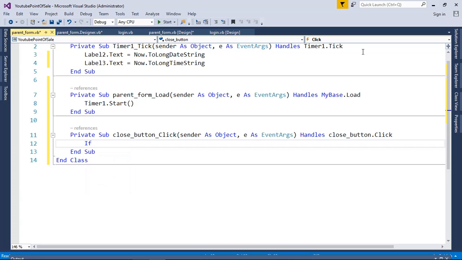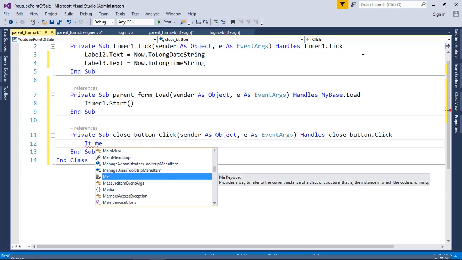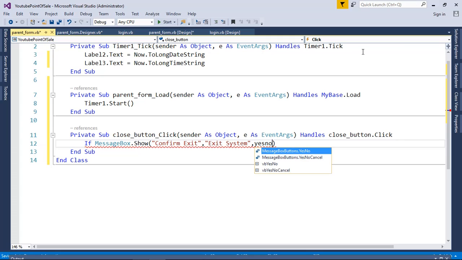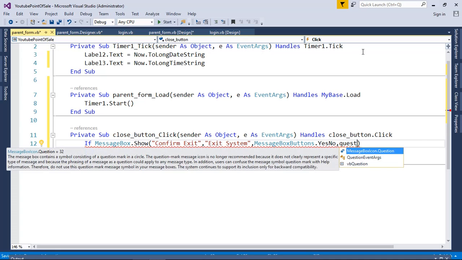So I'm going to say if message box dot show something like confirm exit, and right here the heading of this will be exit system, right, and we're going to say yes or no, right, like this, and we're going to say the message box icon, then message box icon of question,